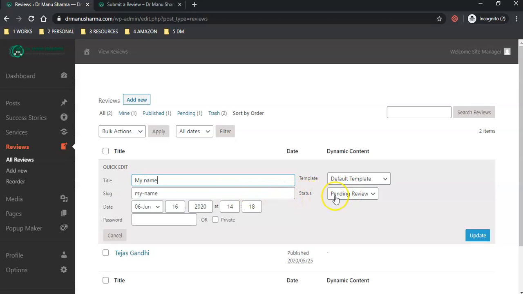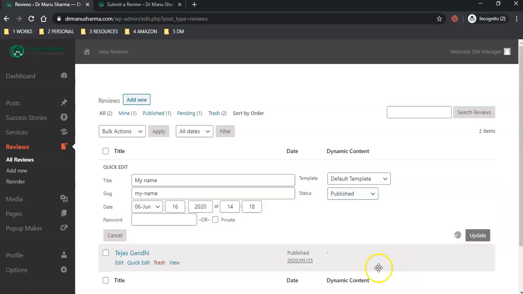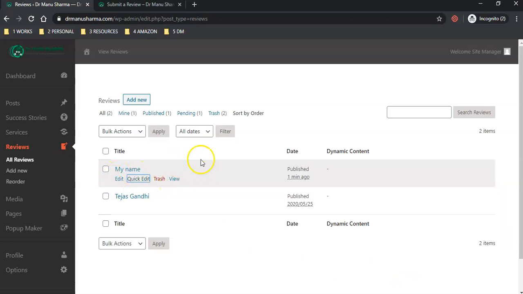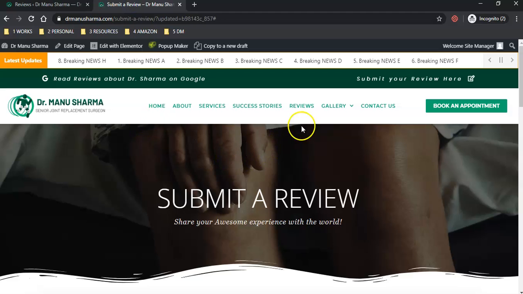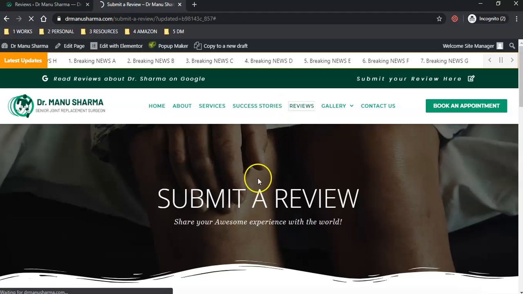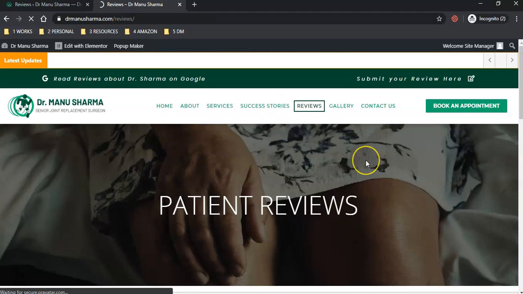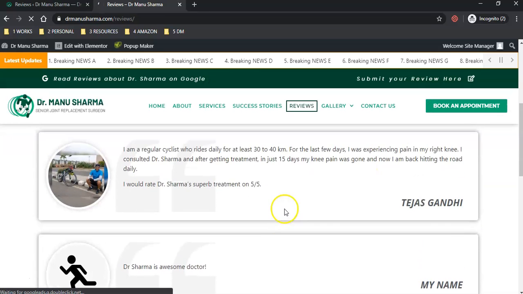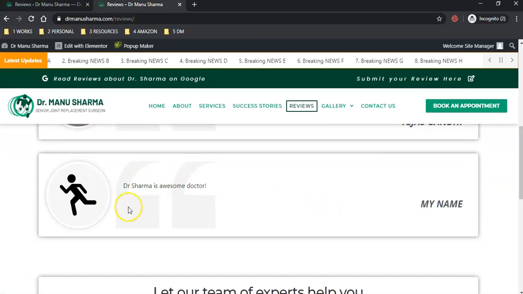From the status where it shows pending review, I'll just click the drop down and select the publish option and update it. With this, my review will be live on the website. Okay, as you can see here. Now since I didn't submit an image, the default image will be used as a thumbnail, as a featured image